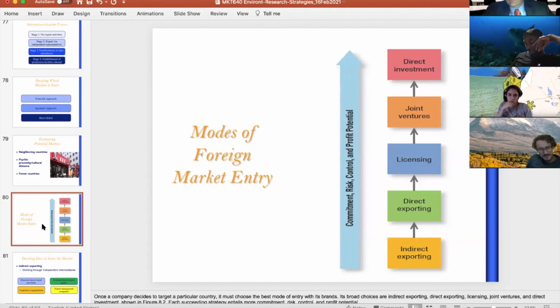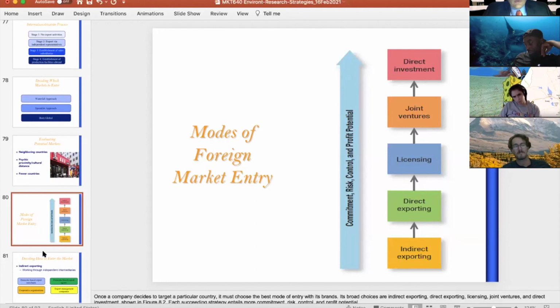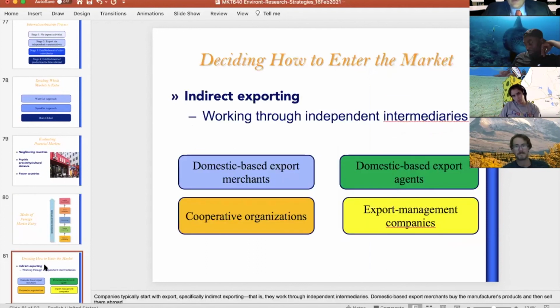you can invest your money, or you can share the investment with someone else who is investing in this venture, or who is local and is going to take part of this venture. You could license as well, or you could directly or indirectly export. So these are your choices. So indirect exporting is when you're going to use someone locally who's going to be doing the job of being your subsidiary, if you want. So it's either someone who's like a wholesaler that's going to be there.